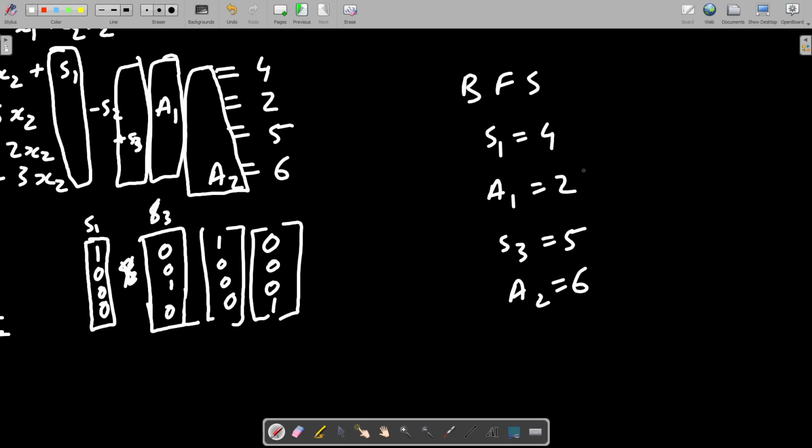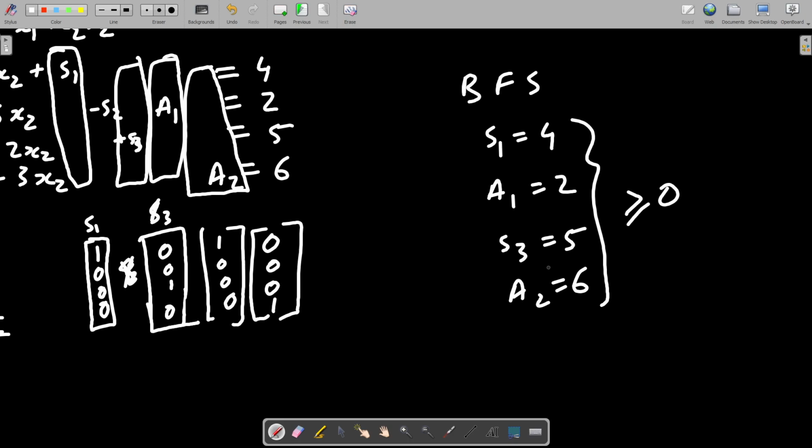I put the remaining variables equal to 0, so it's basic, and feasible because all the entries are greater than or equal to 0. So that's a basic feasible solution for us to start the problem with.